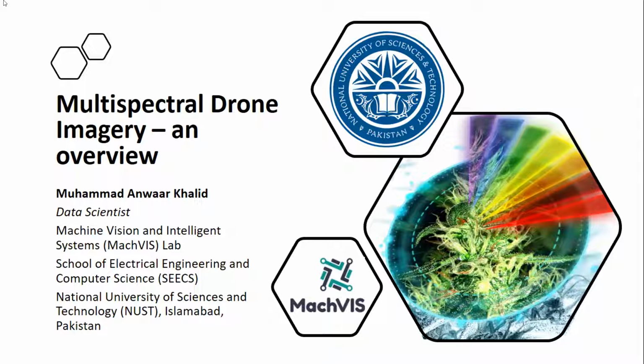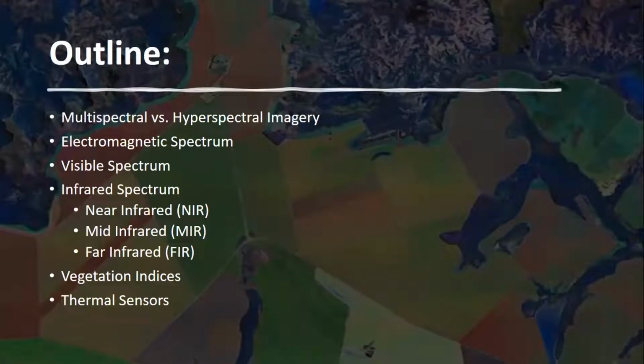Mostly the outline will be, first of all, we will establish some of the nomenclature, some of the terms. We first differentiate between some confusing terminologies that are often used in multispectral remote sensing. And after establishing the sound grounds of the terms, norms, we will move towards the electromagnetic spectrum and visible spectrum,